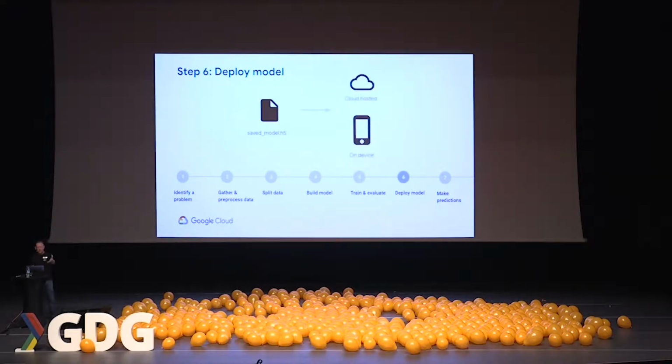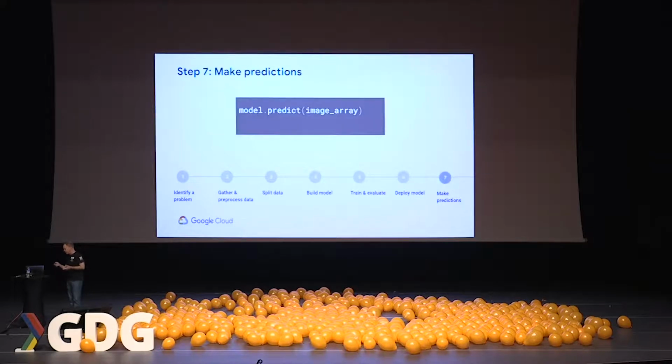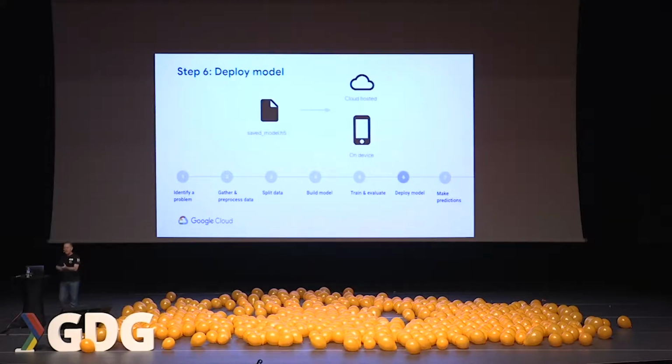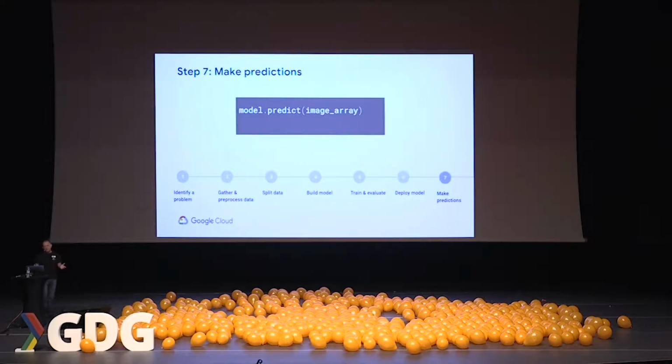Now I get to choose whether I want to put that up in the cloud. If I'm going to be in a connected environment, I can put that model up in the cloud and still be able to test it just fine. Or I may want to put it onto a local device, could be a phone, maybe it's a security camera or some other kind of IoT device that you want to work on. Then once I have the model deployed, I'm finally ready to make a prediction.